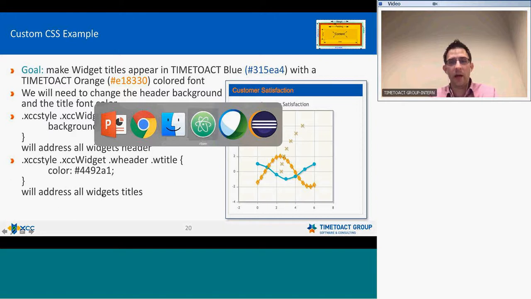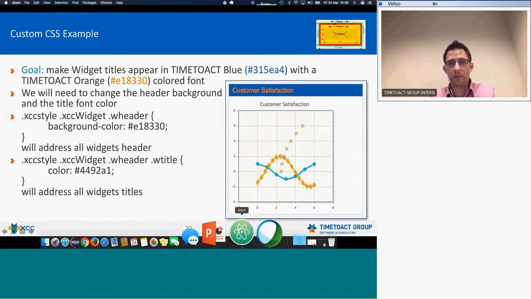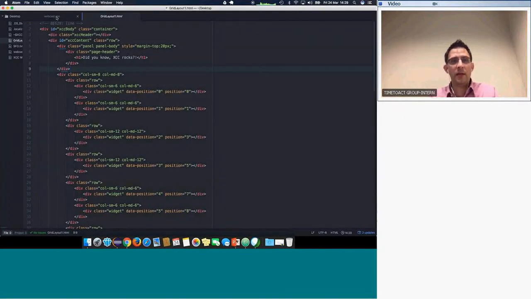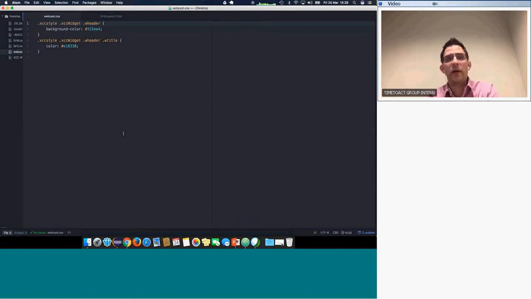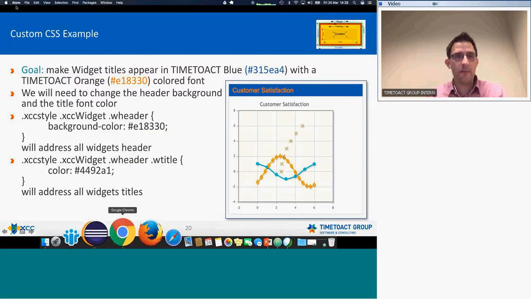And if you do this in Atom, I call the file Webcast CSS, and I see exactly the same settings, or the same CSS, is already prepared in that file. I have chosen an editor of my choice again, and in this case it is Atom, and it's easy, you just go to the